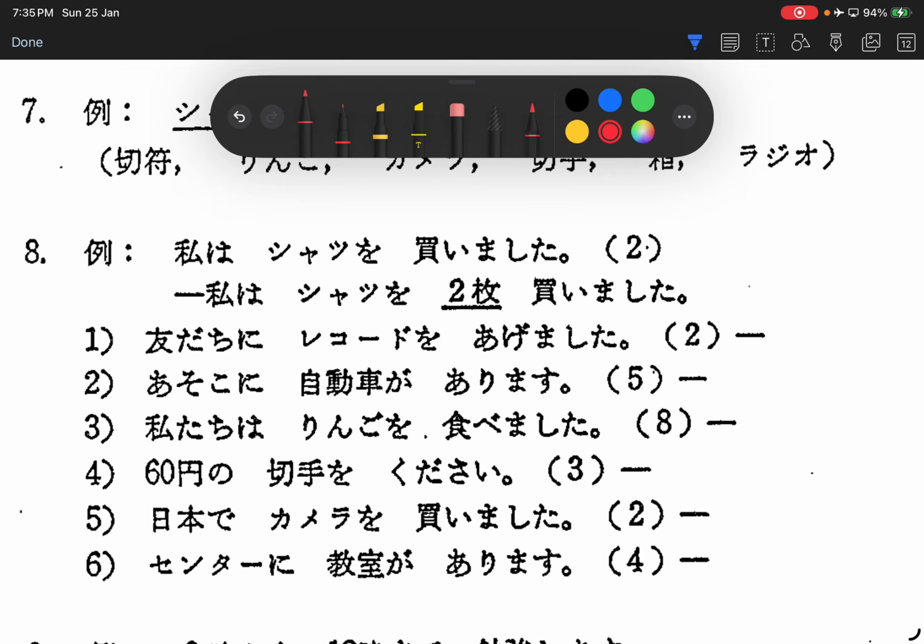Okay, number 4. 60円の切手を 3枚. A stamp is flat, so 3枚. Number 5. 日本でカメラを 2台. Electronics, so 2台買いました。 Number 6. センターに教室が Counter for room. 4部屋. Very good, 4部屋あります。